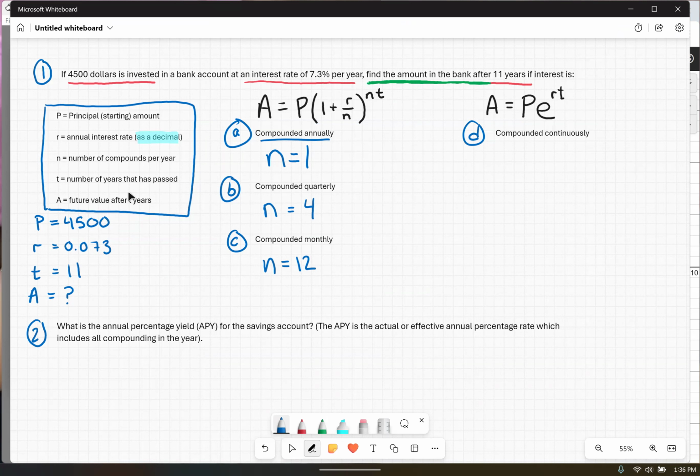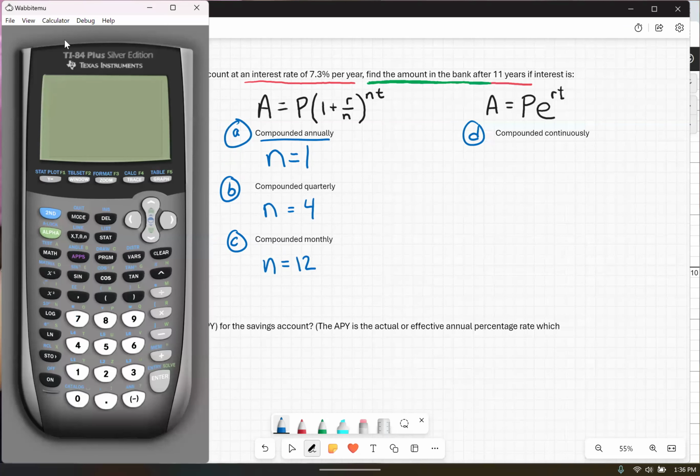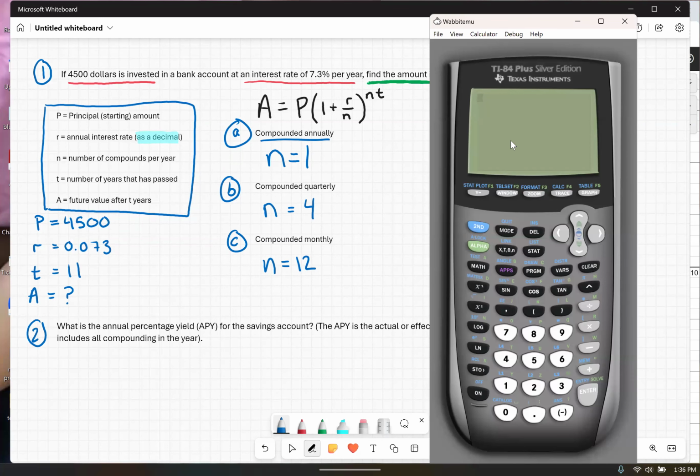All right, so let's start with the graphing calculator, and we're going to type it in exactly as we see it. So what I'm basically doing is this black formula here. I'm going to be typing the right-hand side into the graphing calculator. So instead of P, that's going to be the number 4,500, parentheses, 1 plus R over N. So R, interest rate,